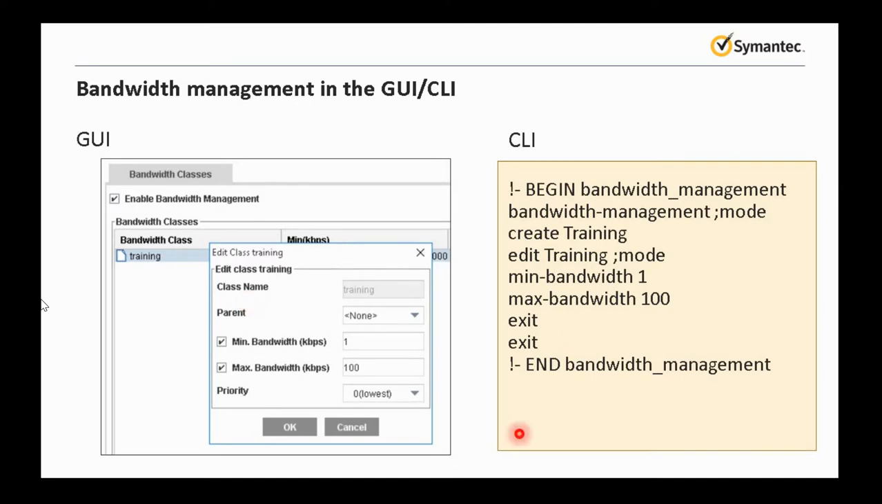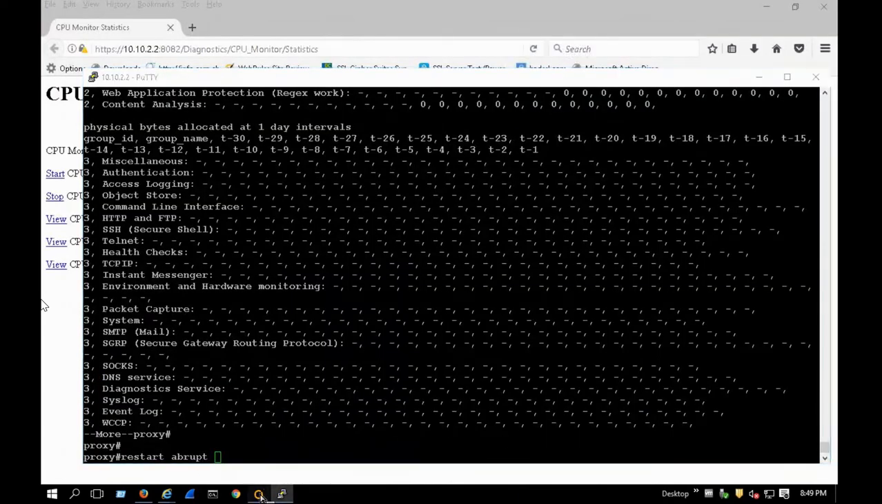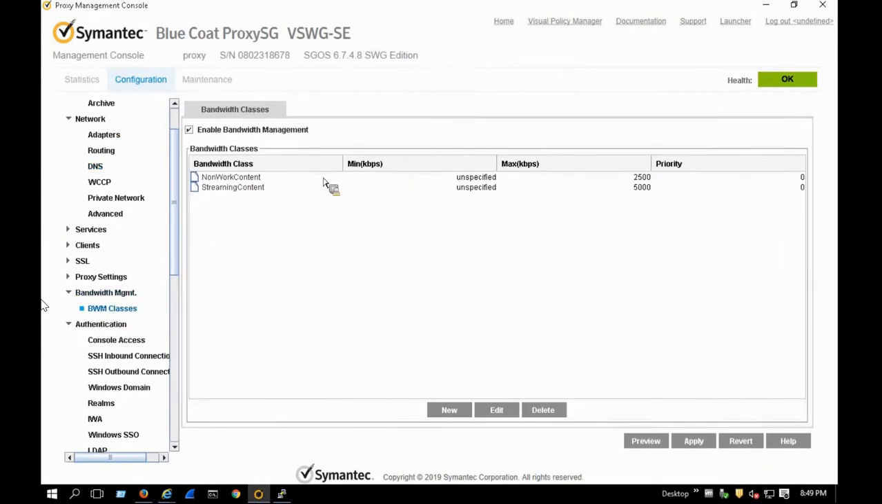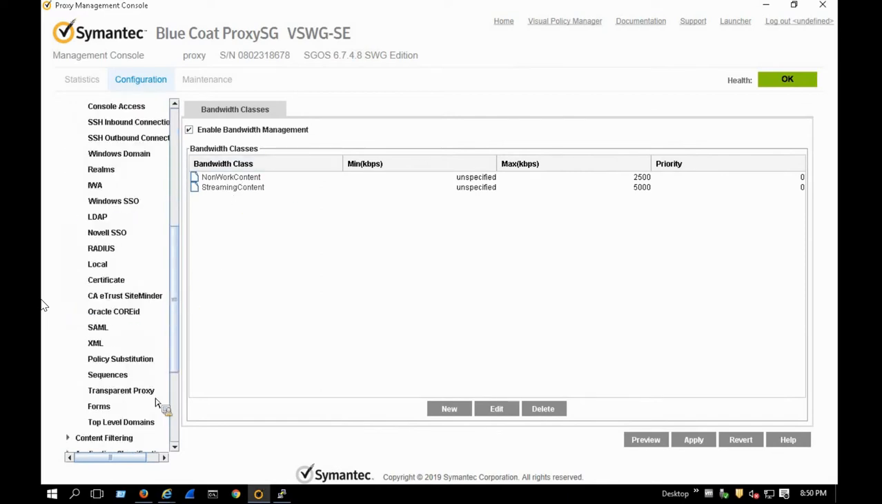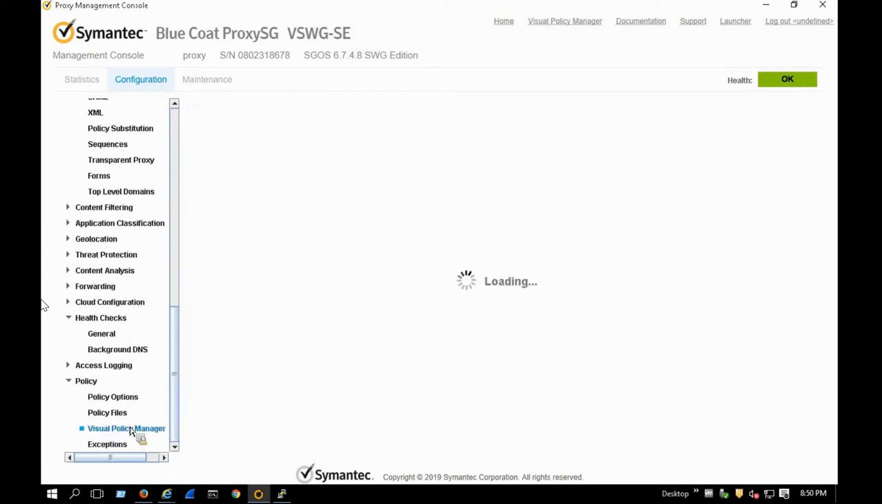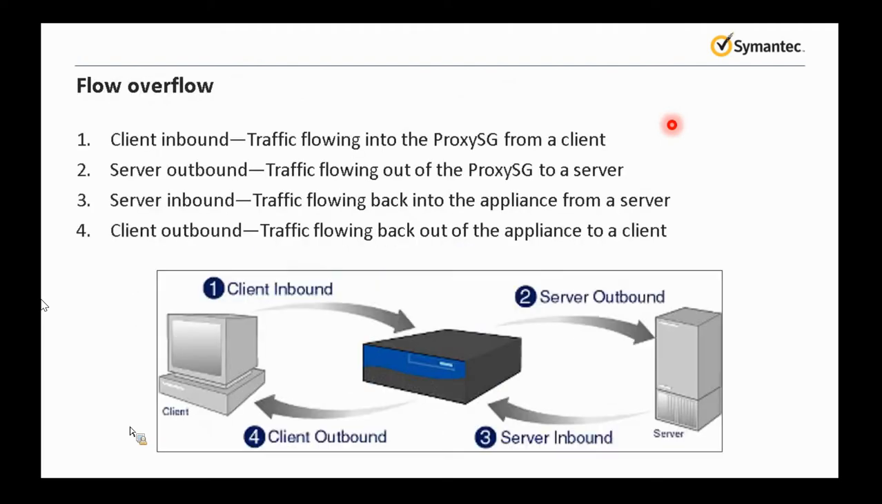the configuration needs to be done. So for example, when you create a policy, the first thing first is, of course, we need to create a bandwidth management class. Okay, so after you created a bandwidth management class, you have to use this in the policy, right? So when you use this in a policy,